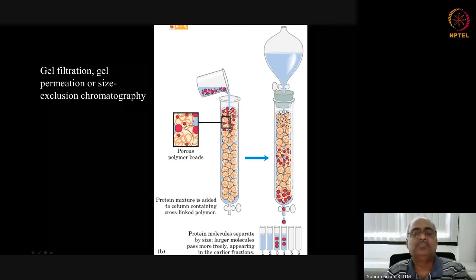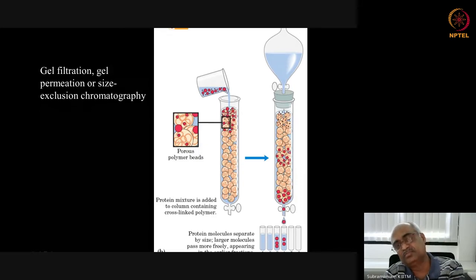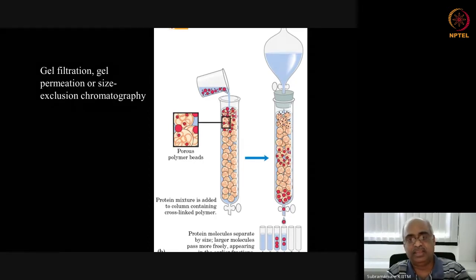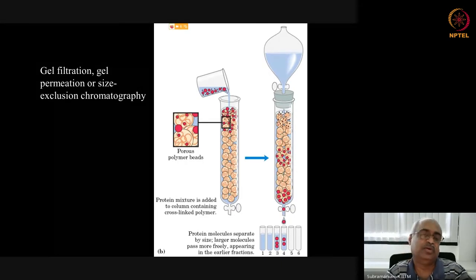So when you pack them in a column, each of these beads has pores, and a protein molecule that can readily enter the pore, meaning its diameter is smaller than the pore size, will go into the pores and then come out. It will keep repeating that process from top to bottom of this chromatographic column. While a protein like this big red one, whose diameter is bigger than the pore size, will not be able to enter into the pore. As a result, it will prefer only the mobile phase, so it will continuously go through the mobile phase. It partitions better with the mobile phase; its partition coefficient for the mobile phase is higher than for the solid phase,